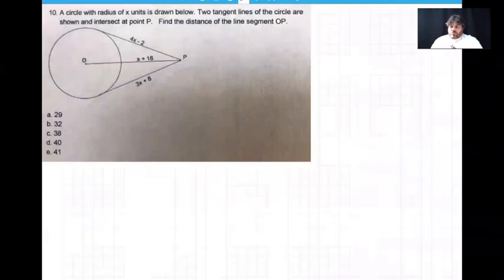All right, a circle with radius of x units is drawn below. Two tangent lines of the circle are shown and intersect at point P. Find the distance of the line segment OP. All right, so we're looking for this line segment ultimately, and I know part of it is x plus 18,